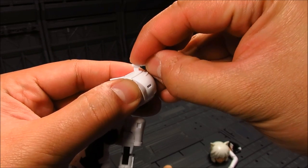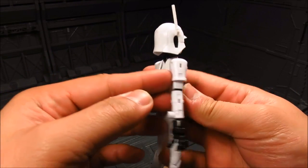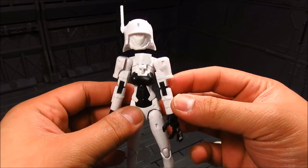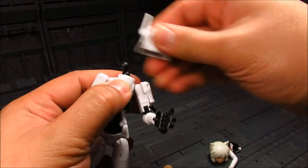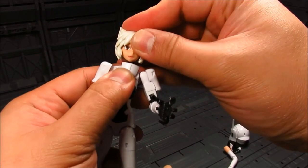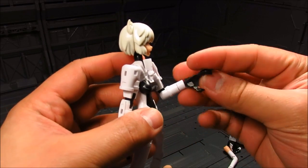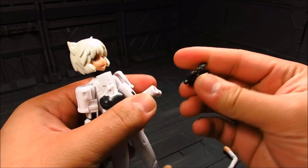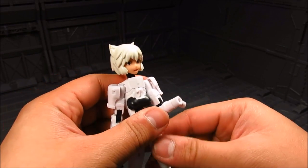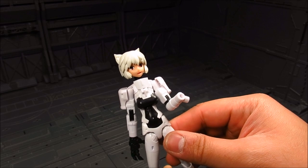And I'm hoping it's gonna go in. There we go. So you can do that too, or you can put it in the back, whichever way you want. So for Grapple, actually, let's go with cat ears here. She has these amazing claws, really nice detail. And this is a straight peg. You also have, let's see here,